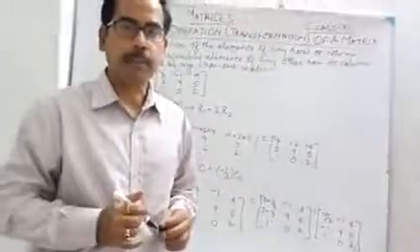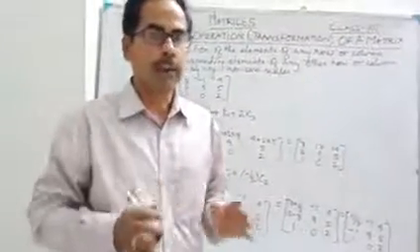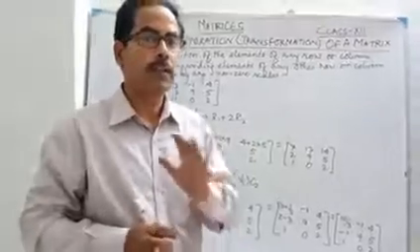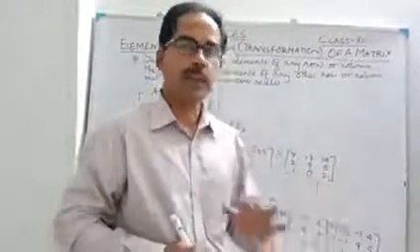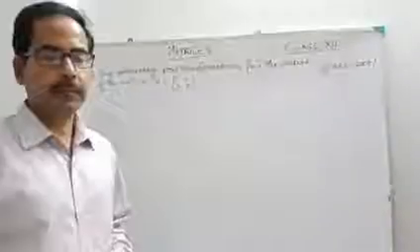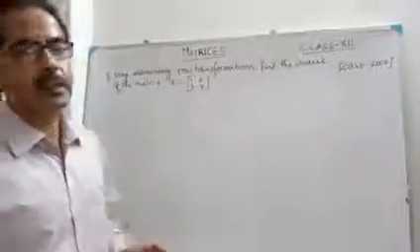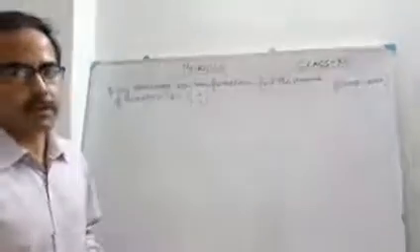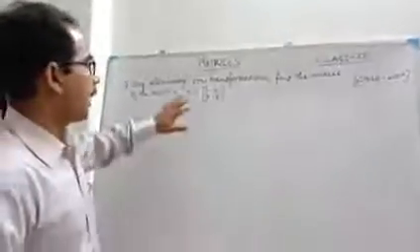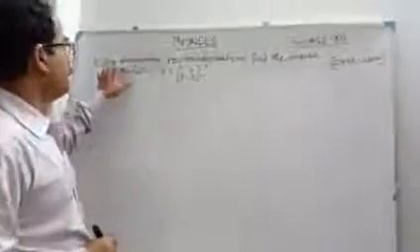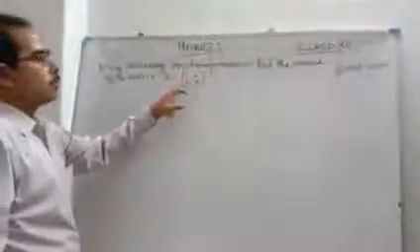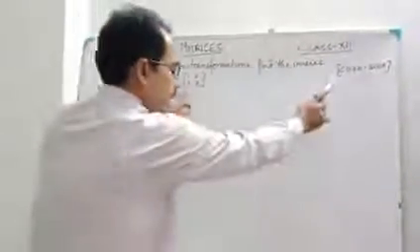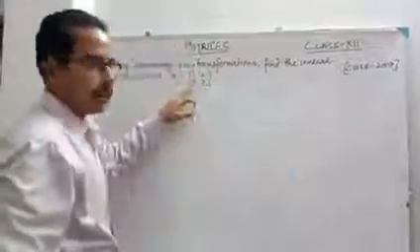Now I will take a few examples to make you clear, so that you can be much clearer about the elementary operations, row wise and column wise separately. Okay students, now we will discuss a few problems on elementary transformations. First of all, I have chosen one problem: using elementary row transformations, find the inverse of the matrix A equal to 1, 2, 3, 7, which already came in the year 2007.